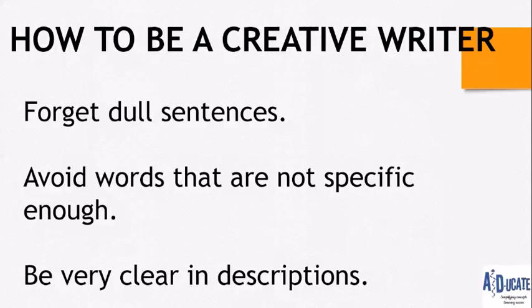It also means that I'm going to have to avoid words that are not specific enough. My readers need to see and feel and experience everything in my story. So I cannot use words that will leave them thinking, how? I cannot say things like, Sarah is beautiful, because beauty is relative. My idea of beauty may not be my reader's idea of beauty. It is my responsibility to tell them what that beauty looks like. It also means that I have to be very, very clear when I'm describing.